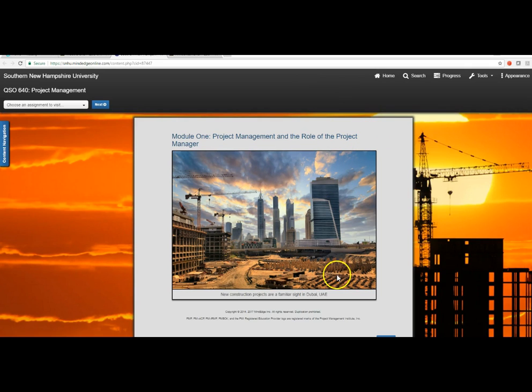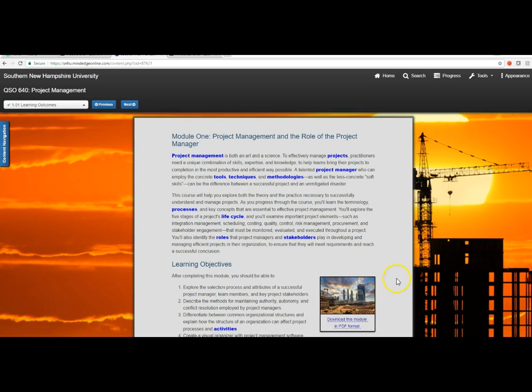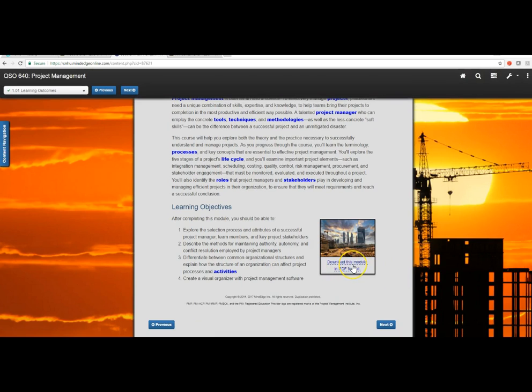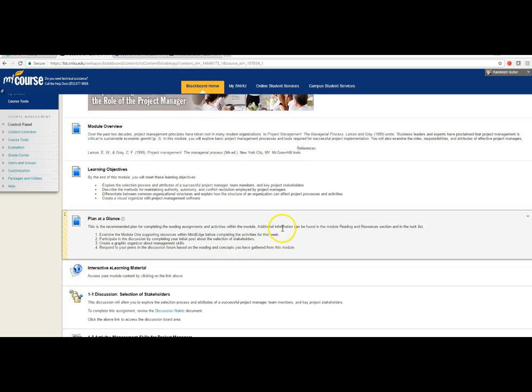Just a little tip here while we're here. We'll go to the next page. There is the ability to download these modules in a PDF form. So if you haven't found that, you can use that. You have to be real careful. There's several places where content is not shown in these PDFs, so you might want to do a quick walkthrough. But this does have the main content for each one of the learning modules. Let's go back now to learning module 1.